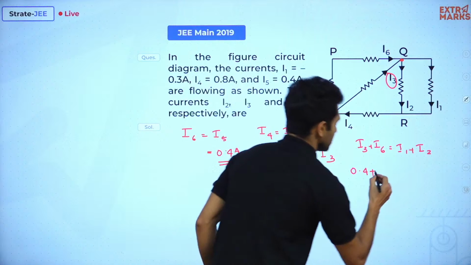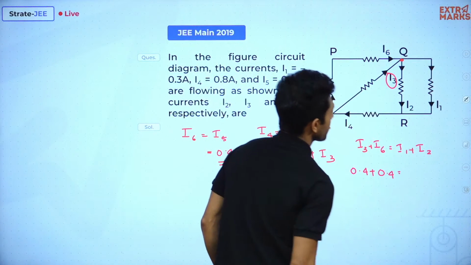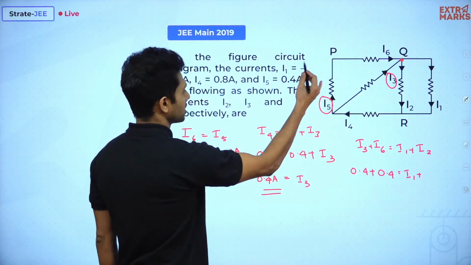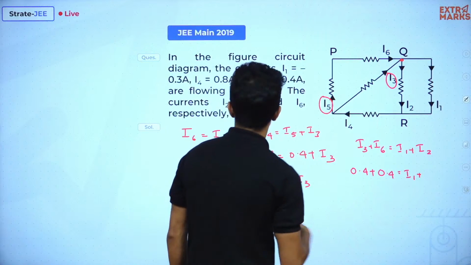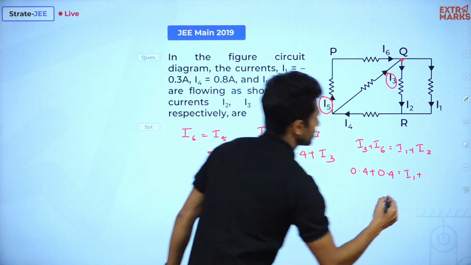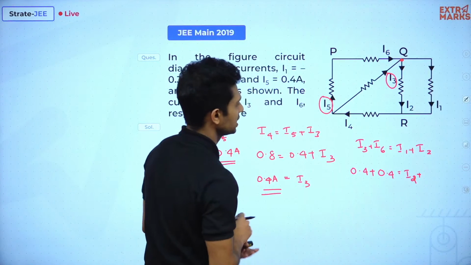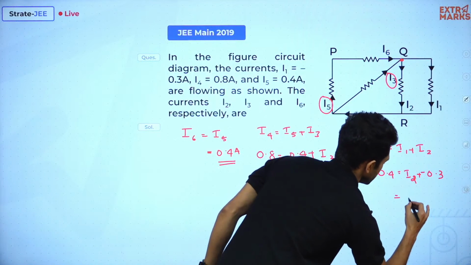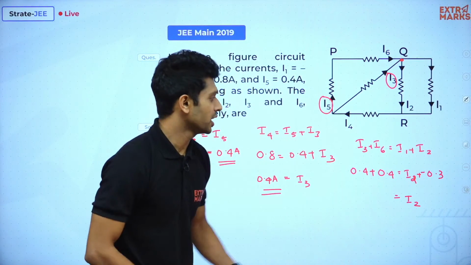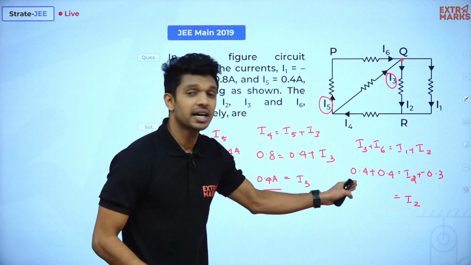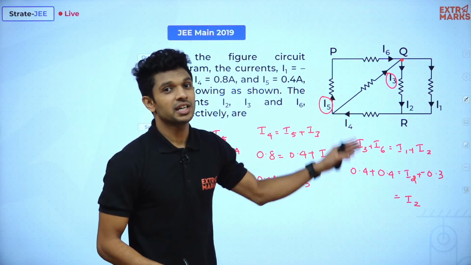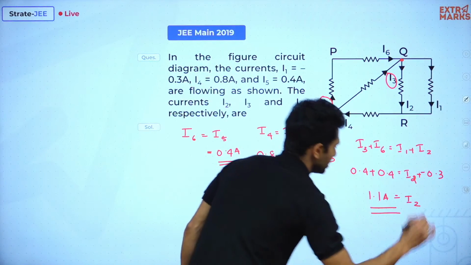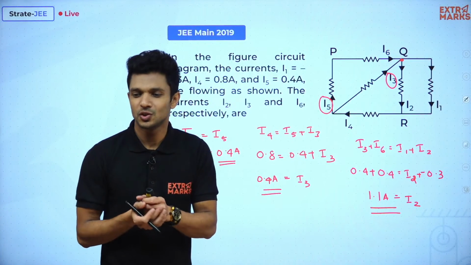0.4 plus 0.4 is equal to I1 plus I2. I1 का वैल्यू हमको दे दिया है, I2 का वैल्यू हमको पता नहीं है. I1 का वैल्यू दे दिया माइनस 0.3. बस हो गया. 0.4 plus 0.4, 0.8. If minus 0.3 comes to the left hand side of the equation, plus 0.3. So 0.8 plus 0.3, 1.1, and yes, that is our final answer. हो गई बात. And that was the very last question of today's class.